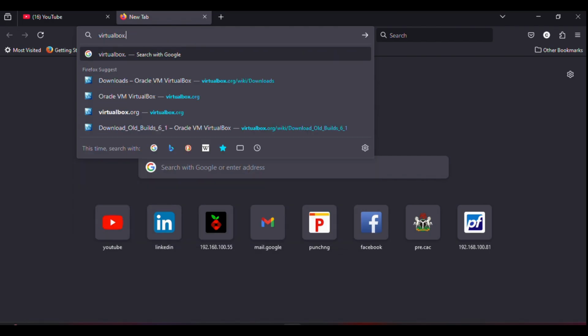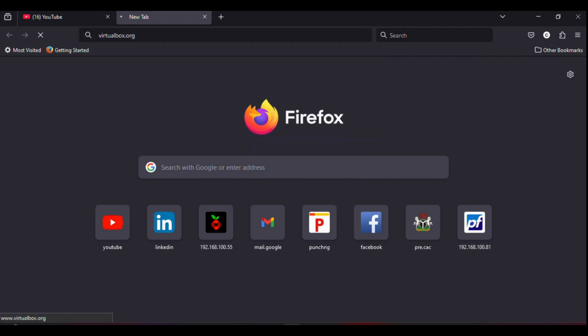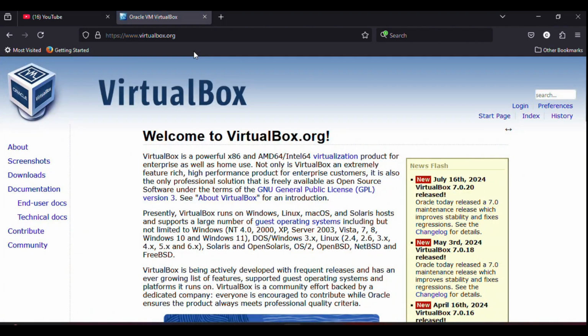So VirtualBox is virtualbox.org. That's the official website for downloading VirtualBox. So when you get to virtualbox.org, VirtualBox is a free and open source virtualization platform. We have many other virtualization platforms like VMware, we have KVM, we have Hyper-V, and many of them out there. And this virtualization platform helps us create multiple VMs and multiple machines that run different operating systems on our host